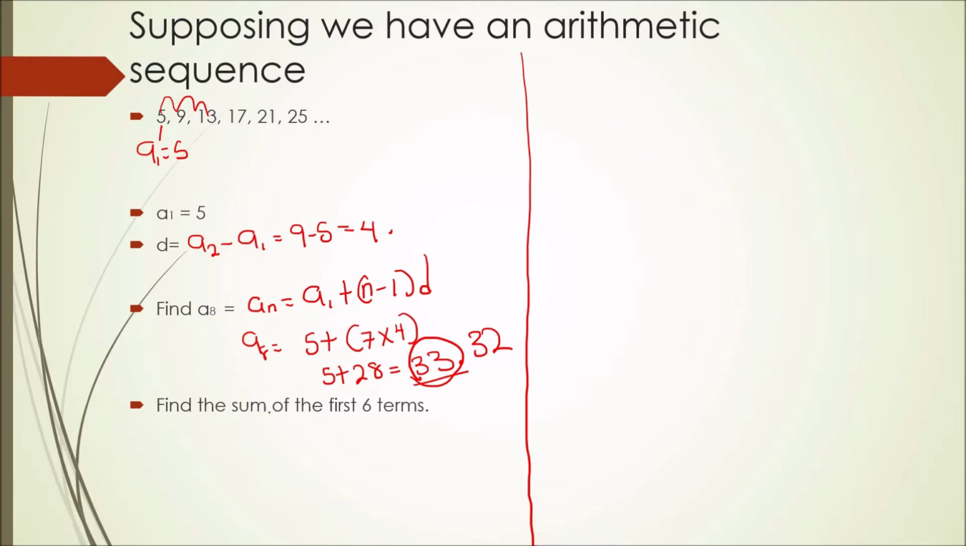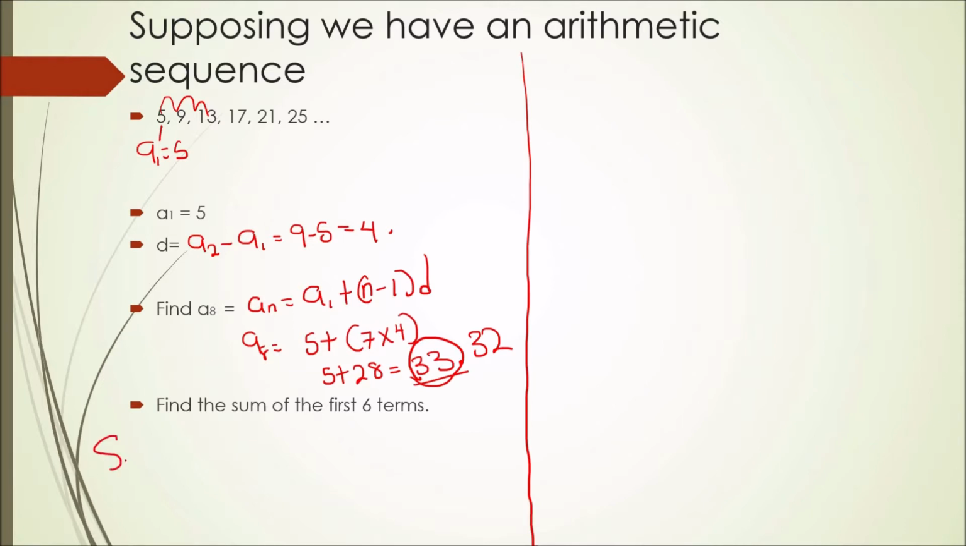Now find the sum of the first 6 terms. How do we find it? We can simply say 5 plus 9 plus 13 plus 17 plus 21 plus 25. But that actually takes a longer time, and after a while it might be too confusing. So what we can do,